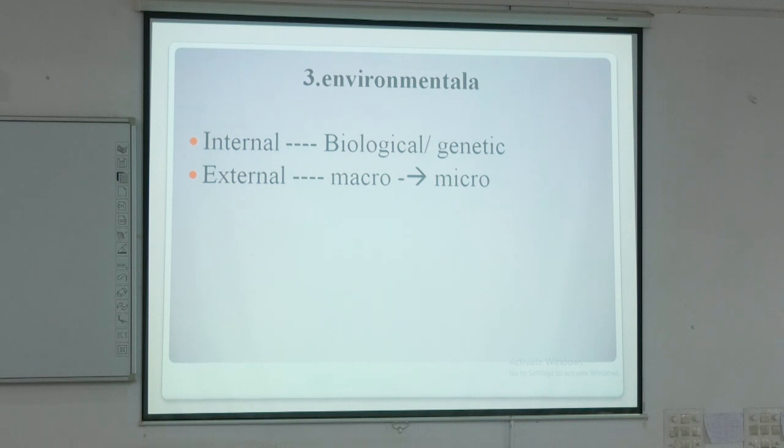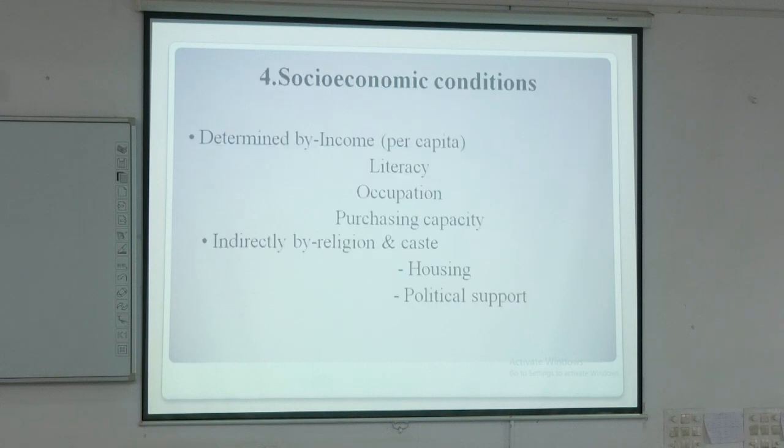Environment can be internal and external. What is internal environment? Biological and genetic. What is external? Micro and macro. Micro মানে immediate vicinity, মানে আমার ফ্যামিলি, আমার বাবা মা, এরা আমার হচ্ছে মাইক্রো। ম্যাক্রো মানে আমার ফ্রেন্ডস, আমার পাড়ার লোকজন, এরা ম্যাক্রো এনভায়রনমেন্ট। সোশিও ইকোনমিক কন্ডিশন, দিস ক্যান বি ডিটারমাইন্ড বাই ইনকাম, লাইক পার ক্যাপিটা ইনকাম, লিটারেসি, অকুপেশন, পারচেসিং